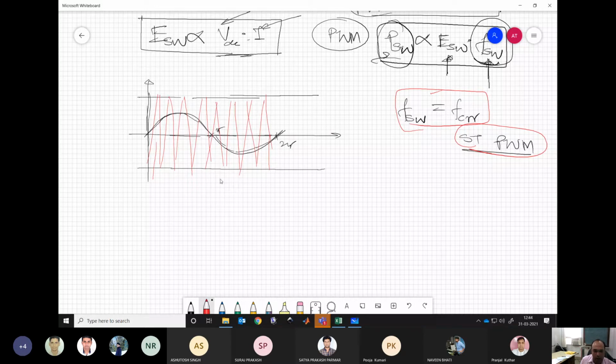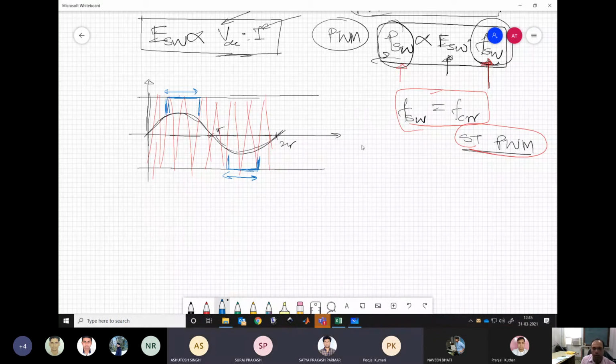Now what I am saying, to reduce the switching loss and to reduce the switching frequency, the average switching frequency, what we can do, let us say by some means I clamp my modulating signal to the maximum point for a certain duration. Clamping, I am not crossing the boundary, I am not going into over modulation. I am only clamping this to the maximum value. Now what will happen for this duration? Will there be any switching?